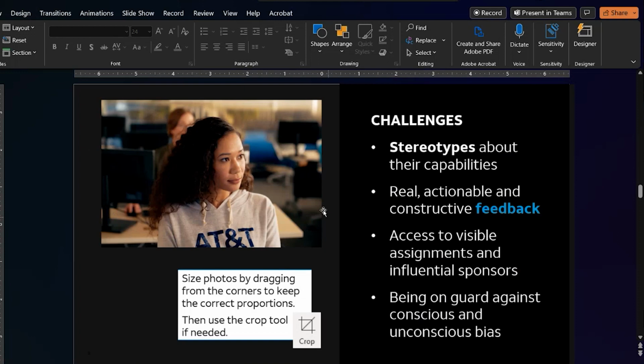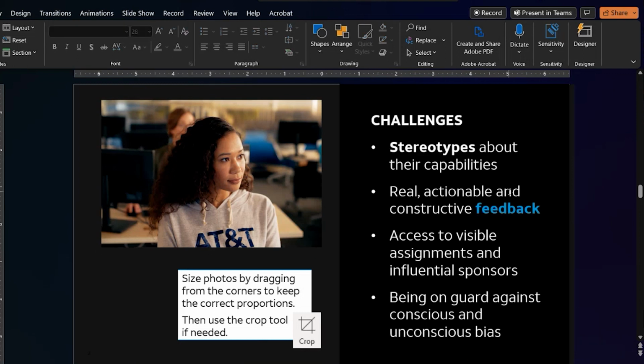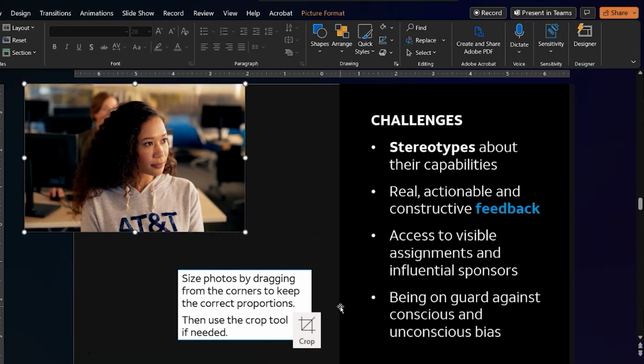This is a photo I downloaded from the brand center, and I just wanted to talk a little bit about resizing that. So I have this photo, and I want to pair it with this list of stuff. This is actually from a Women of Color program we did a few years ago. So I wanted to take my photo and bring it up to the corner of my slide,